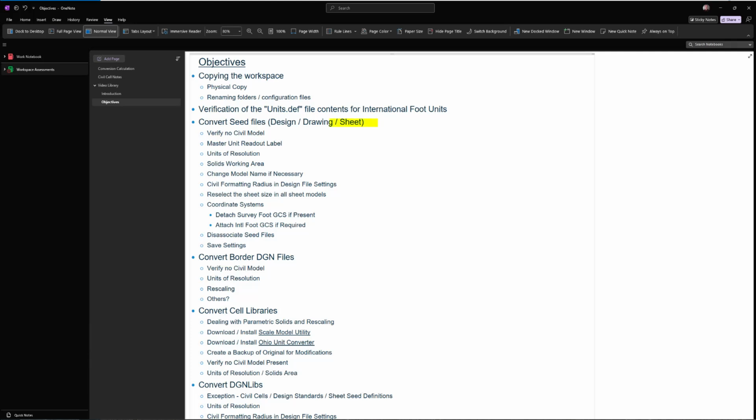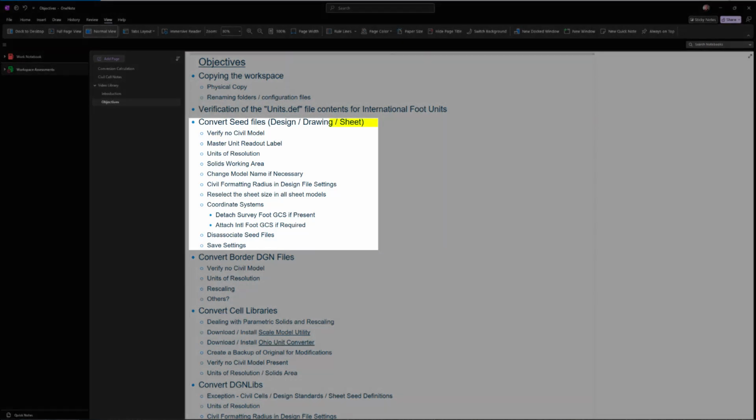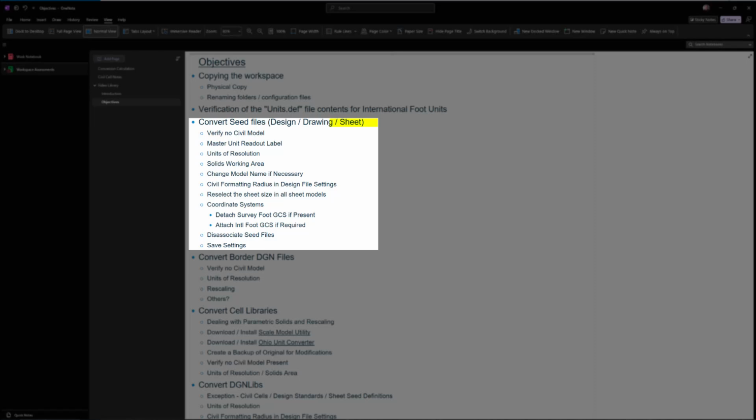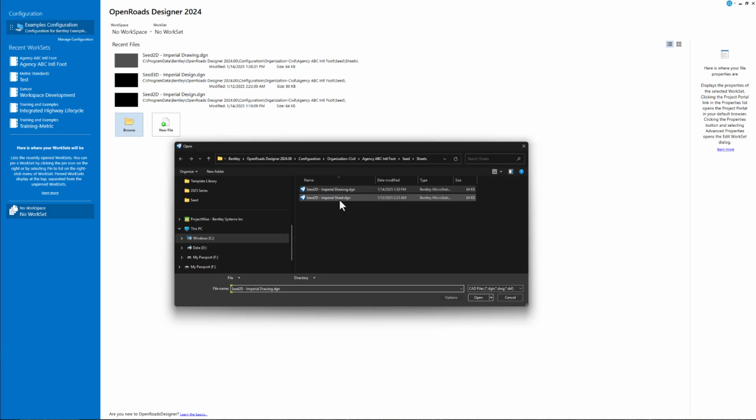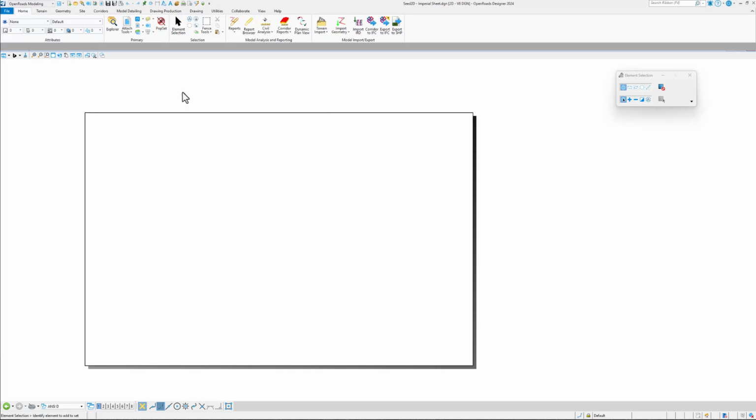Continuing on with our seed file conversions, we're going to now do our sheet model. So we'll go to Browse, and we'll open our sheet seed file. And it's very unlikely to have a civil model in a sheet seed. I've never seen that before, so we're going to skip that step here. You certainly can do it if you want to with the key in, but we're going to go back to